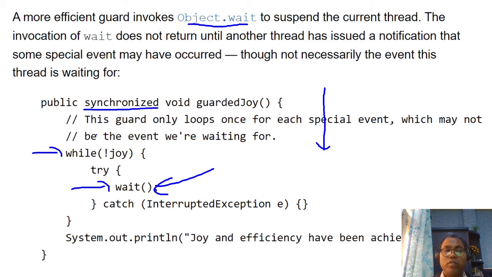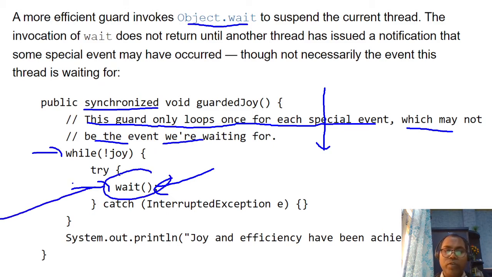Please note this guard loop occurs for each special event, which may not be the event we are waiting for. So here the condition changes with wait. Until someone modifies it, this condition is not going to change. So your processor is not busy, it just leaves, and now your processor is going to do another work.